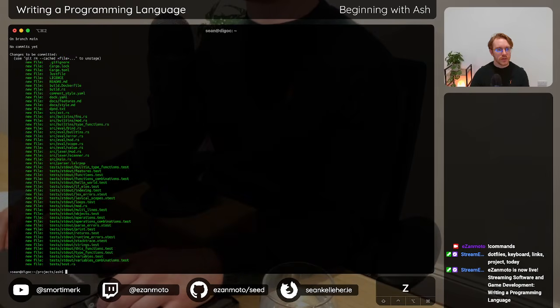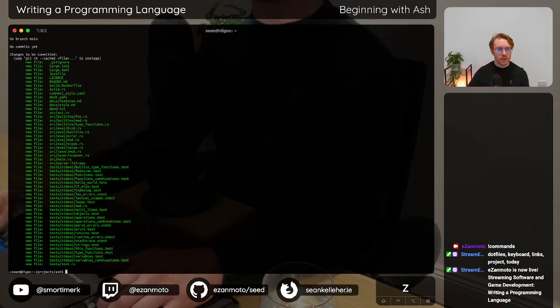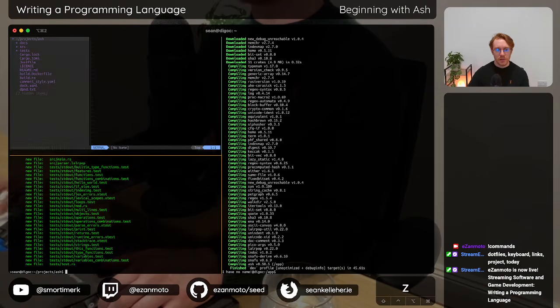I don't think there's anything special here that I should rename or ignore. And let's just double check. Yeah, cargo lock.